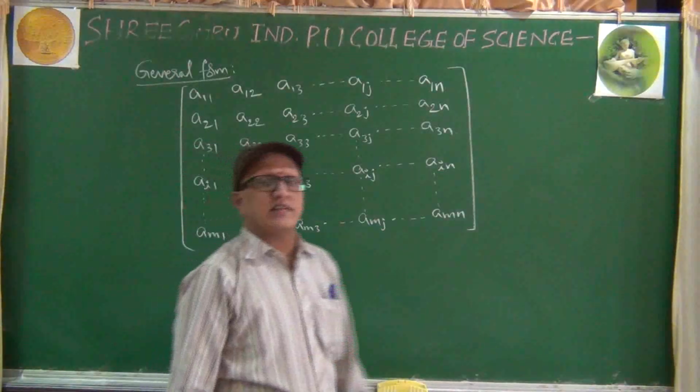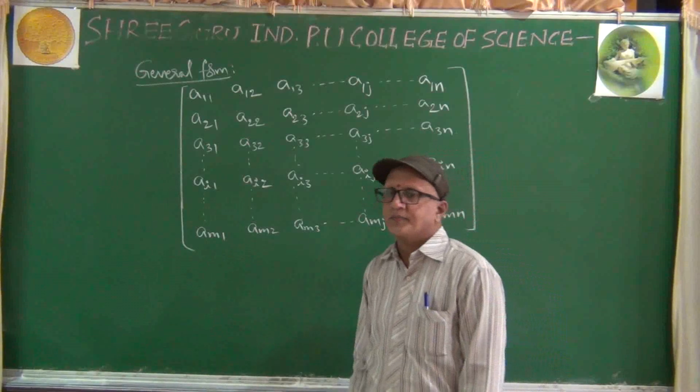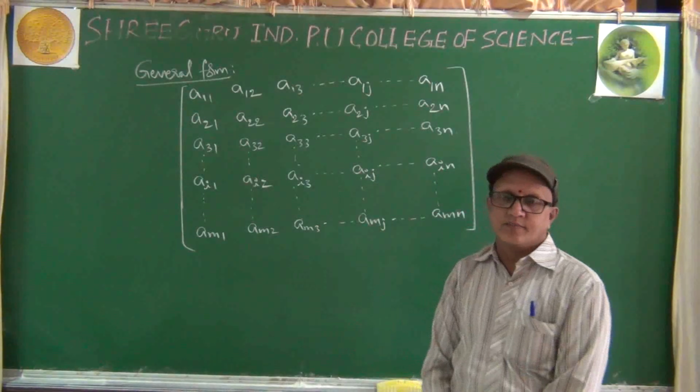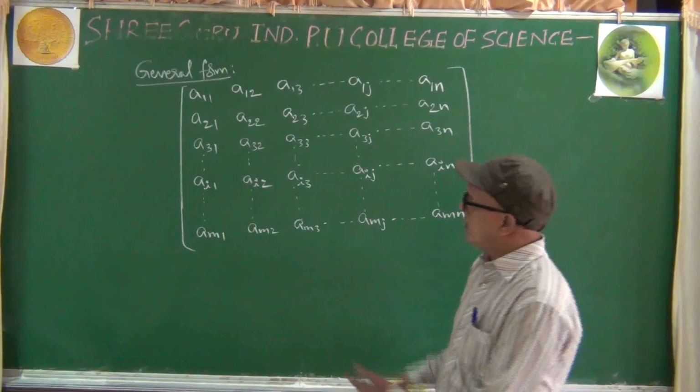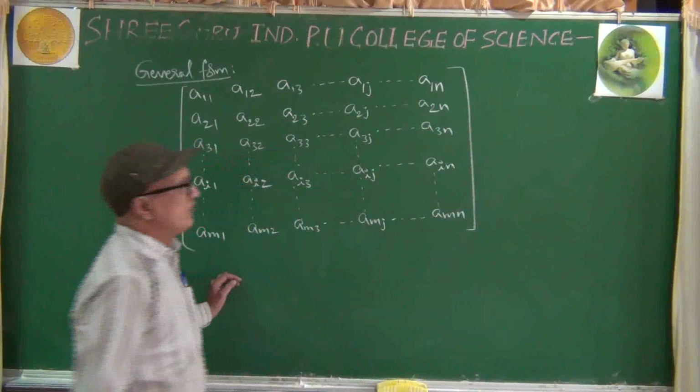Like this is the general form. Sir, is it necessary to learn? No, not necessary. Then why did you write? This is the main basic form. Basic form is this much big. Let us see why it is called basic form.